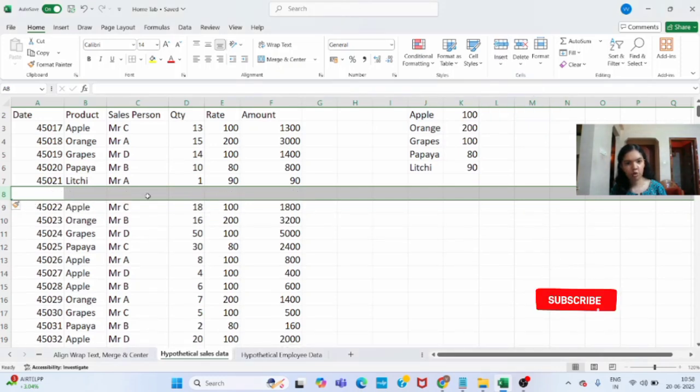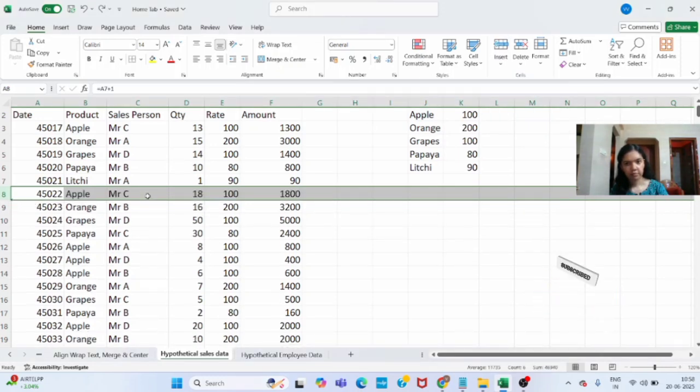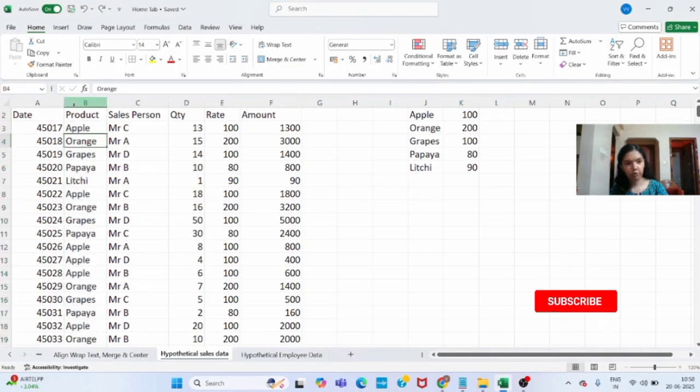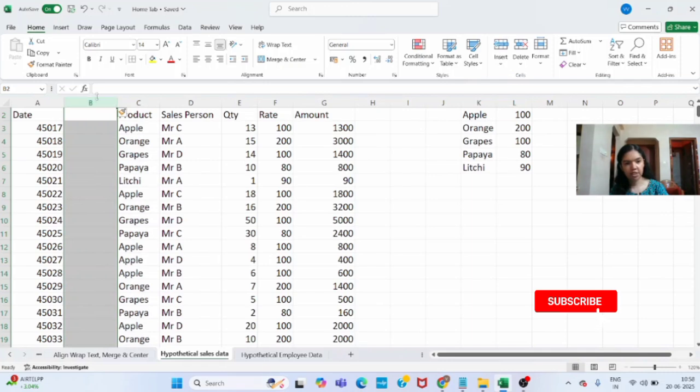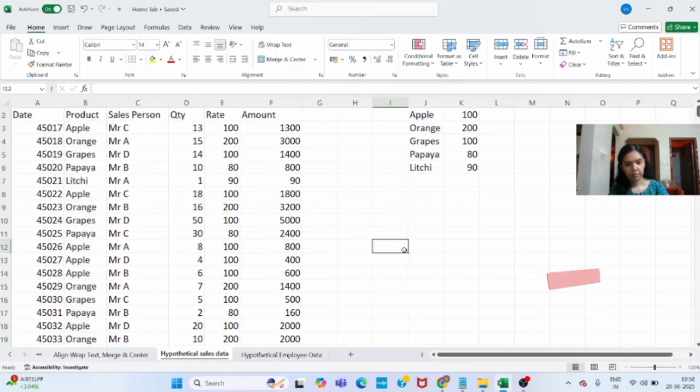You can see an extra row has been inserted here. Same way, suppose before this column product, you want to insert an extra column, just select this column, click on insert, and there is an option insert sheet columns. When we click this, a column has been inserted.